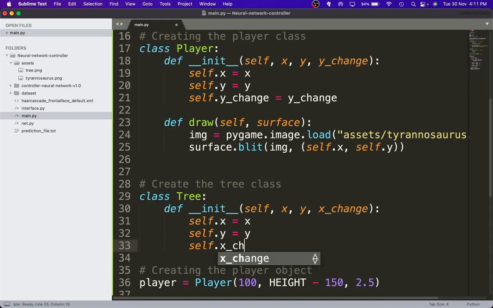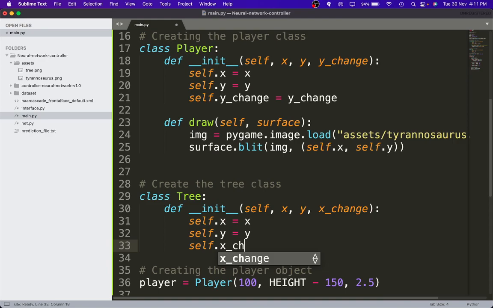So now we are also gonna need one more module. I didn't realize we would need this, but we are going to. So now what I will do is I'll make a comment: creating the tree objects. So I'll just say tree_1 is equal to Tree, and the x coordinate of the tree will be a random value. So let's just try saying random.random from the width to the width plus 150. The y coordinate will be equal to the same thing, which is the height minus 150, and the x